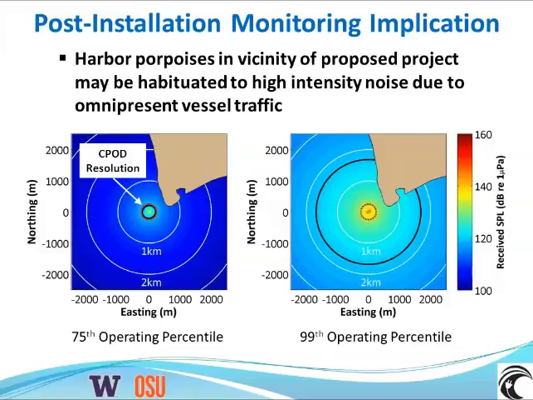So if we're not able to really see a change in porpoise activity associated with that sort of noise level for the ferry, it may be very difficult to detect that sort of change in echolocation activity associated with a much quieter source. And even at the 99th percentile, where the received levels inside of the CPOD detection zone are similar to the sort of received levels we'd see from the passenger ferry, we're not detecting a change associated with those sort of levels from the passenger ferry.